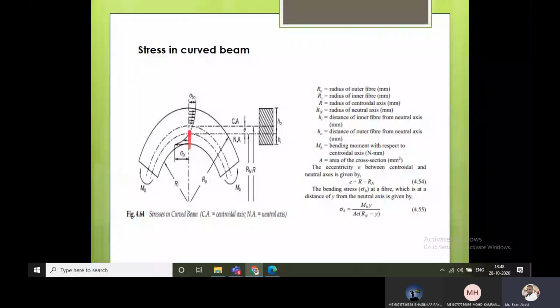If we cut at any place, the plane will appear like this. At this place, the line passing centrally through the beam is the central axis. The bottom line is the neutral axis. Here the central axis is always perpendicular to this plane. If you see in this diagram, the line passes centrally here. This is the perpendicular position. Based on this assumption, the theory is built up.